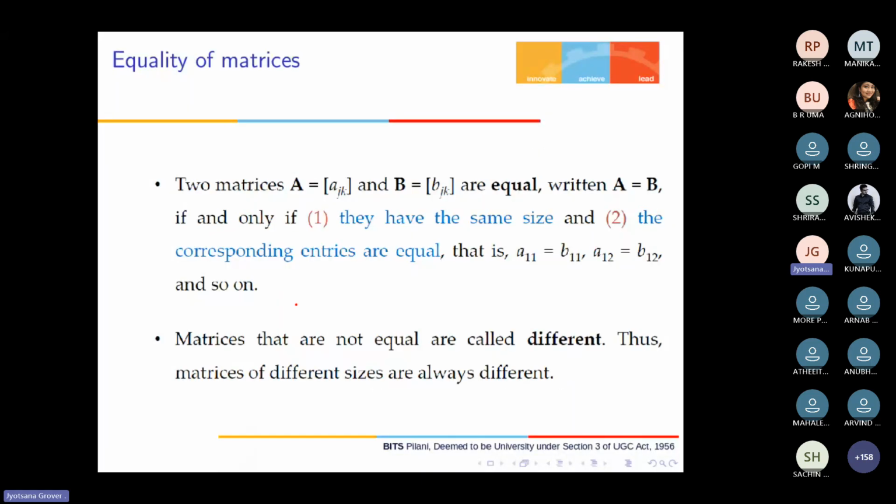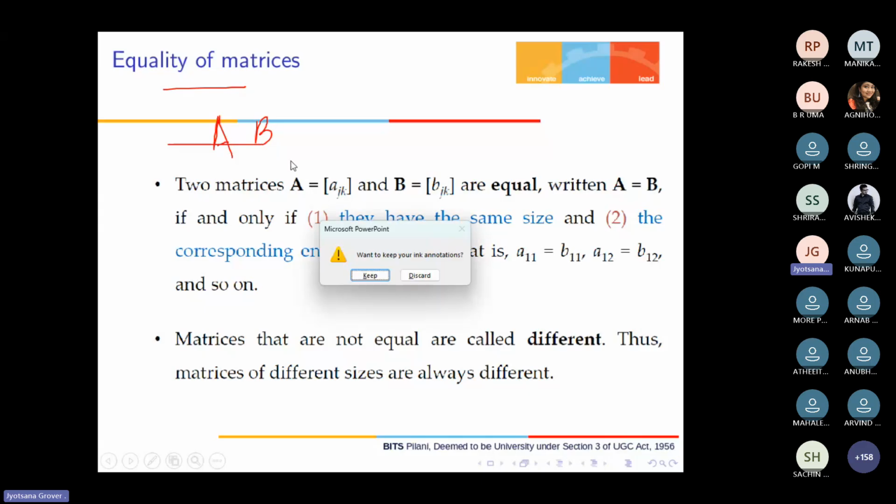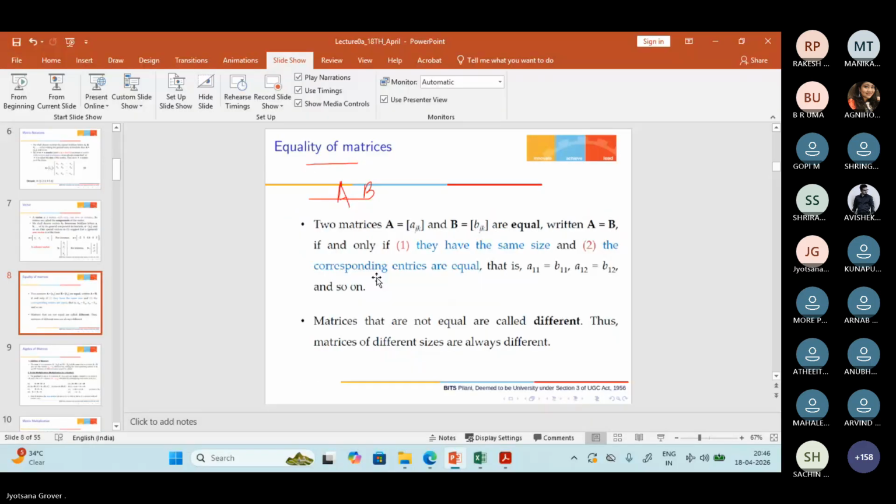Now, when do you say two matrices are equal? See, if you have two matrices A and B, when are they said to be equal? When both have the same entries. So, for example, if A is,